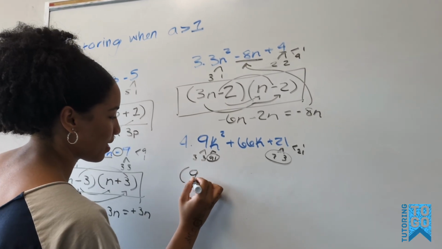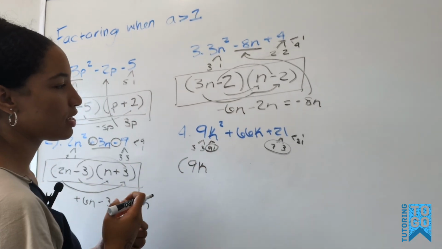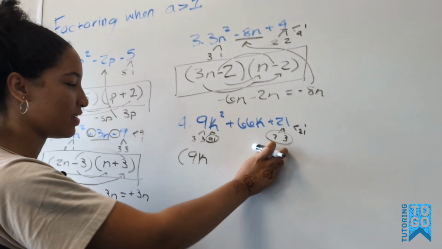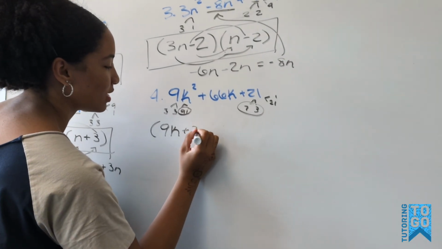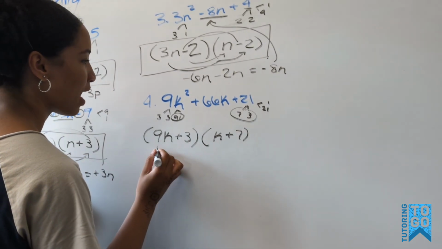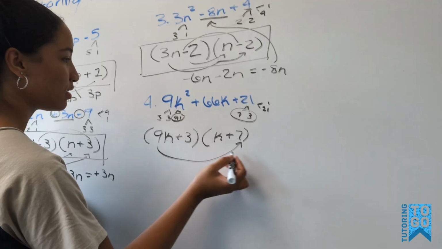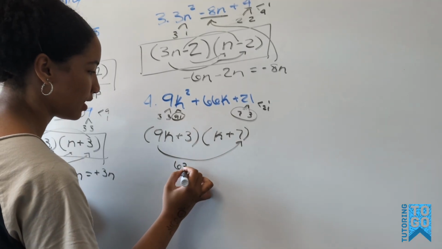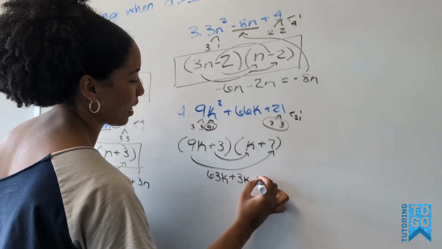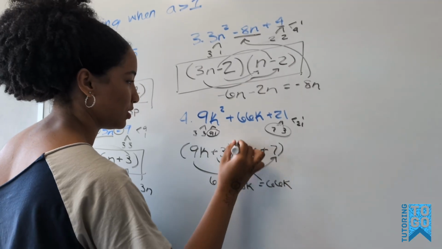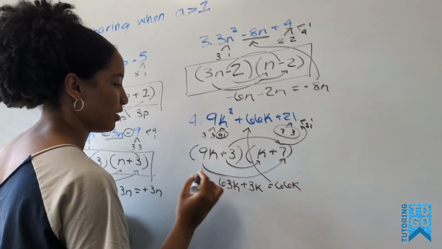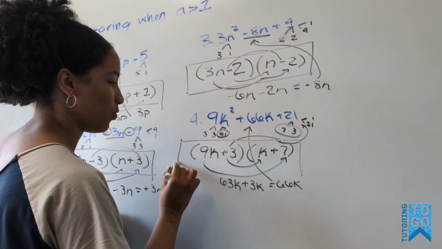So when factoring it out, it's going to be 9k. And then these are both positive, so it's likely that the factors are going to be positive as well. So then you're going to put the plus 3 on this side, and the plus 7 on this side. The reason for that is because when you factor it out, the 9k times 7 is going to equal 63k, and then the 3k times k would equal positive 3k, and that gets 66k, which is what's here. And then again, when you factor these out, this gets you the positive 21 that you have right here. So the final equation would be